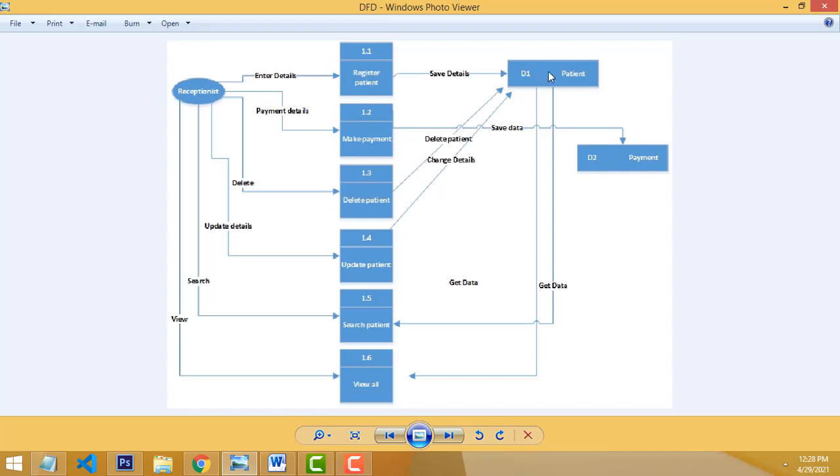These are called databases. D1, D2 mean the database. This is called a process. All the processes are retrieving from the database, which is D1, D2, the database. So consider the scenario. All the stuff is there. This is how the data flow works.